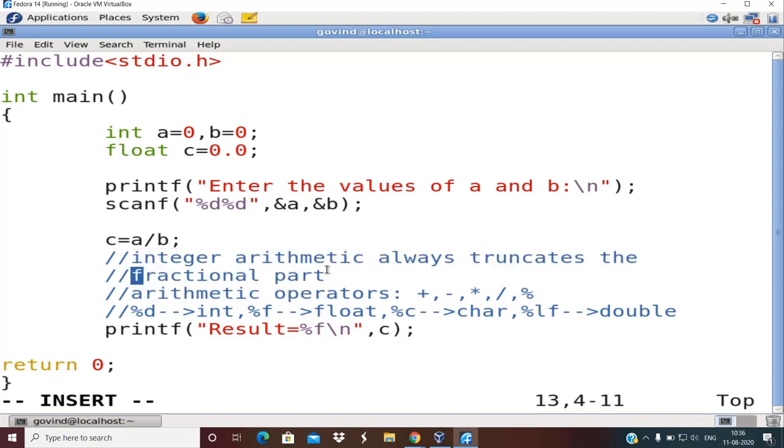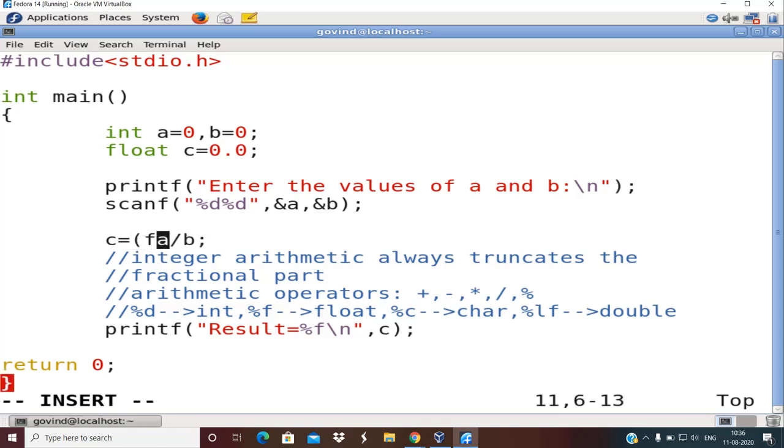Now how to solve this problem? This problem can be solved by making either the numerator or denominator or both float, or fractional values. How do I do it? There is one concept called explicit typecasting.